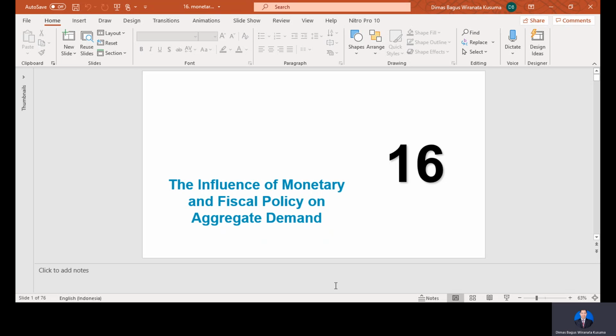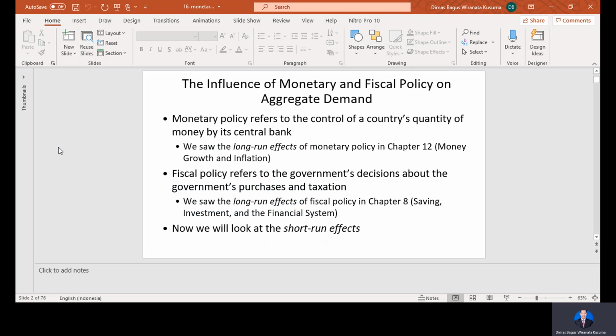Dear students, we are going to carry on the discussion on the influence of monetary and fiscal policies on aggregate demand. Monetary policy basically refers to the control of a country's quantity of money by its central bank. So monetary policy here focuses on the issue of money